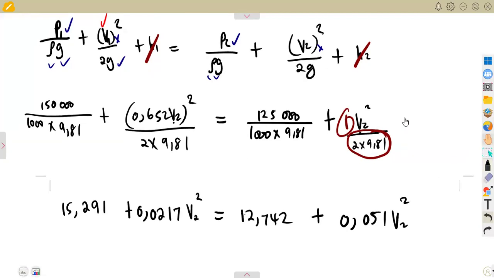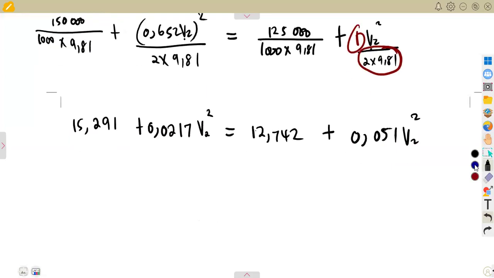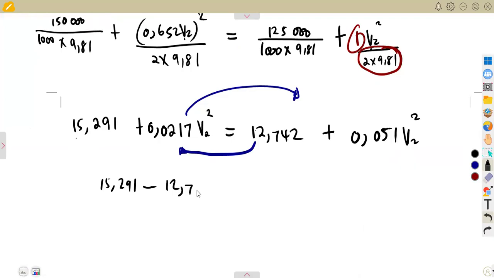If you understand it, then you have to collect the terms with V2 to one side of the equation, because you have to solve for V2 in that case. All right, so I'm going to take this V2 to the other side. So if I subtract 12, it's going to be 15,291 minus 12,742 is equal to this 0,051